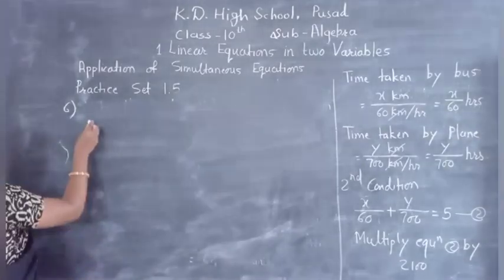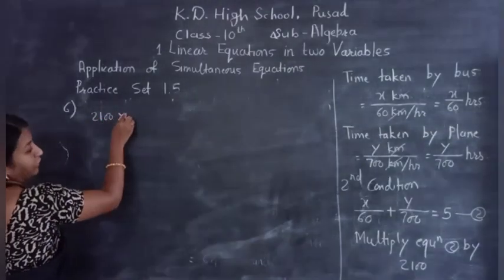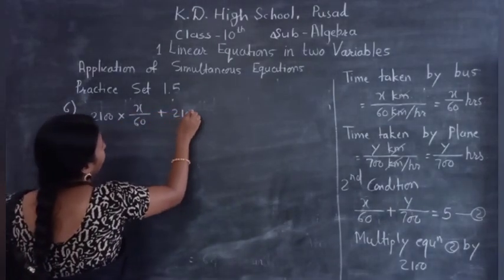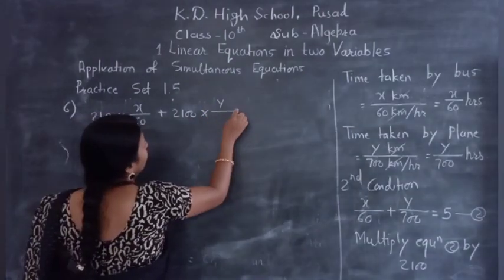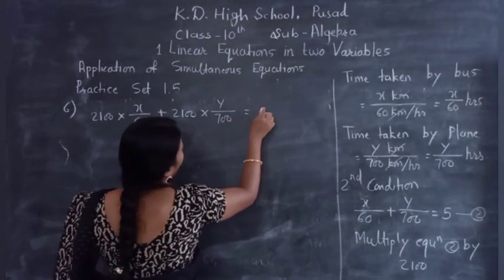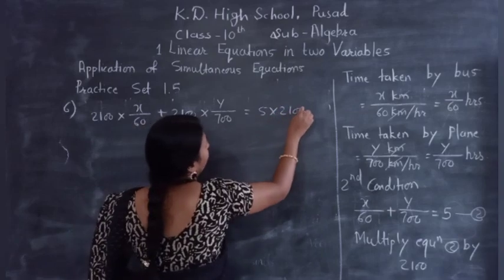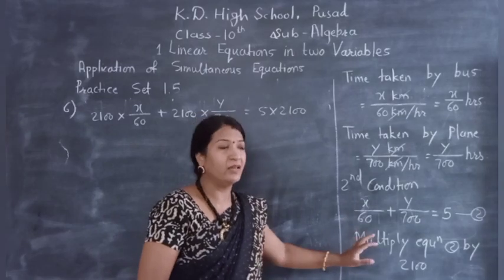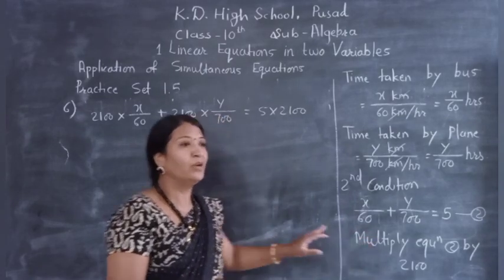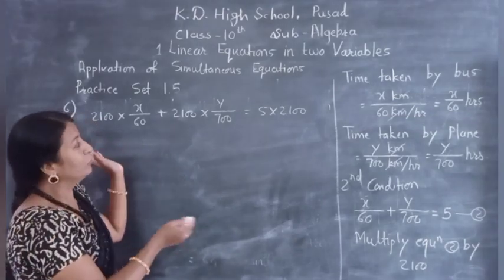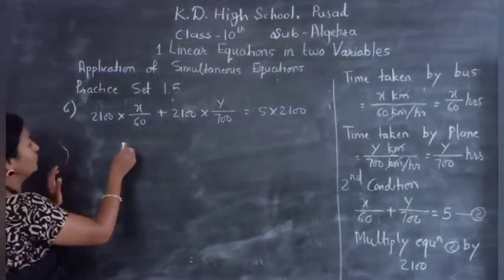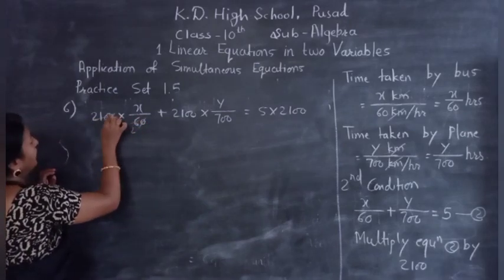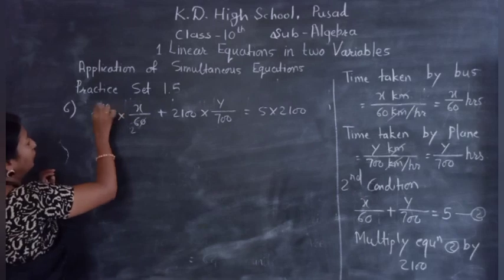What we get here? 2100 into x upon 60 plus 2100 into y upon 700 is equal to 5 into 2100. When we multiply the equation by any number or divide the given equation by any number, we have to multiply to each term and to both the sides. Okay, now reduce it, 0 gets cancelled, 3 2s are 6 and 3 7s are 21,